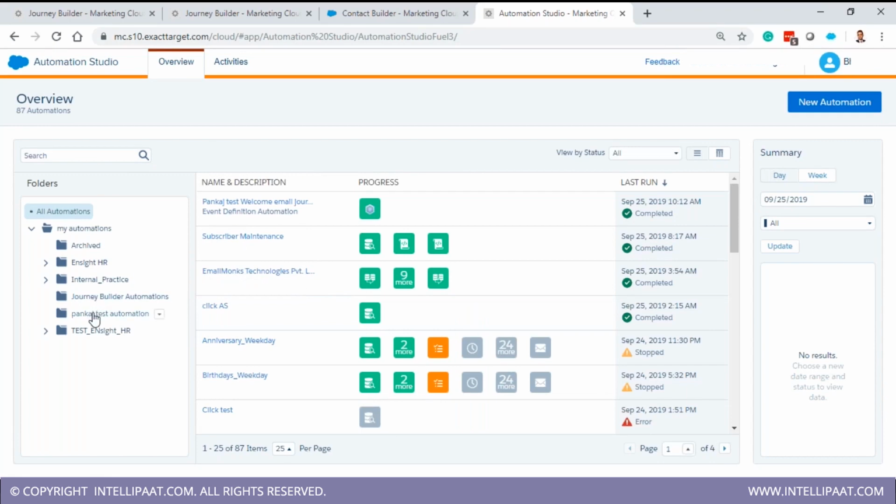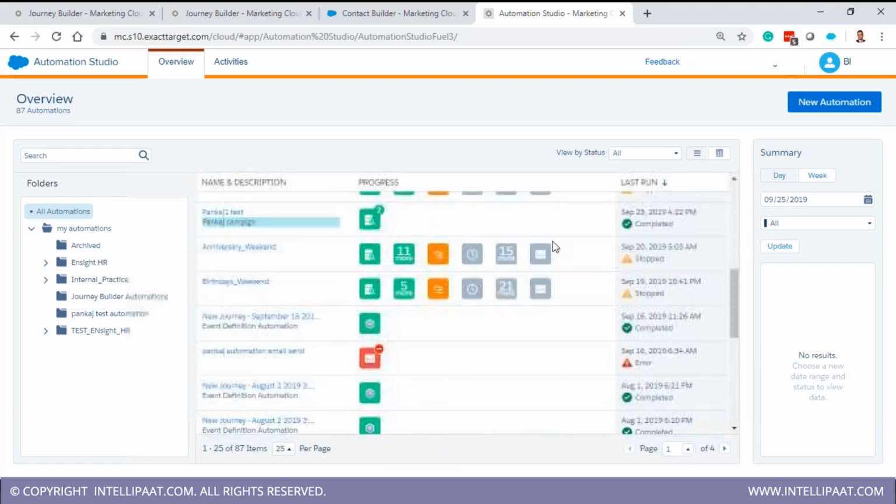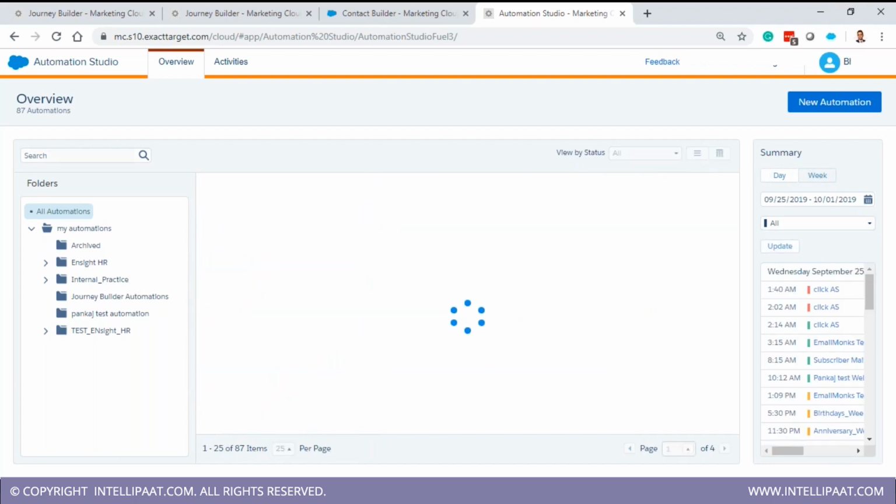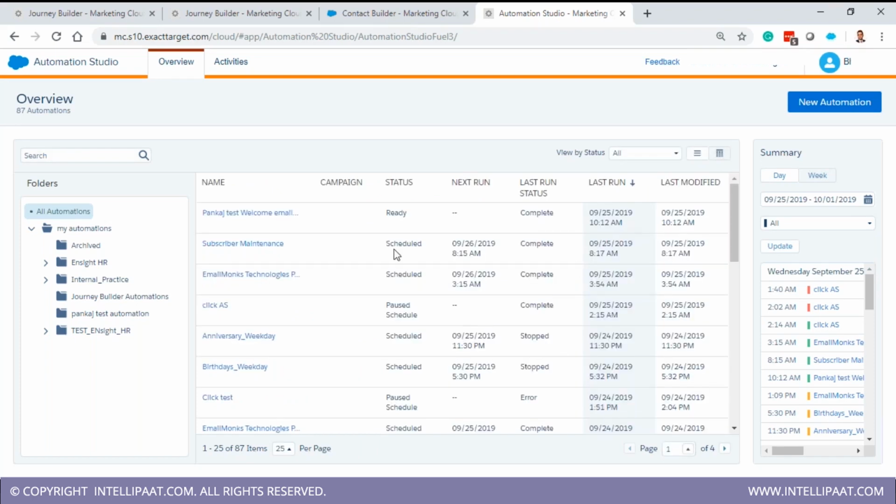Three sections: the folder structure, which is pretty common across Marketing Cloud. This is where all the current automations which are going or have passed are listed. And on the right hand side, it will give you a summary if you select a particular day or a particular week. So that's pretty standard, by the way. And of course, you can play around with different kinds of settings and views. If you change the view, you get different kinds of views. That's pretty standard and straightforward. So this is another view. If you hover over here, you can run it from here if you want to. But yeah,